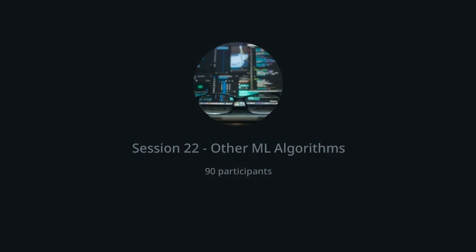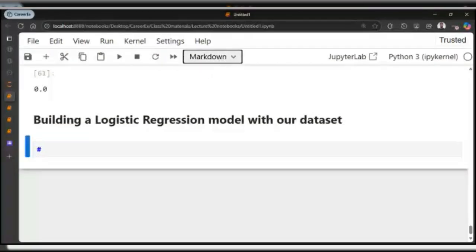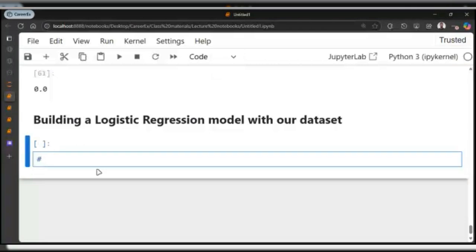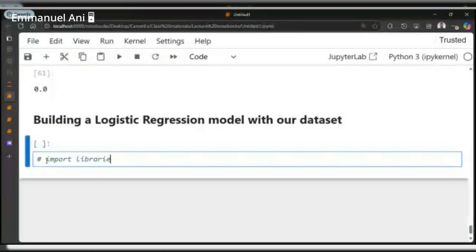Okay, so what is the first step here? Import your data, right? No, the first step here actually is to import your libraries. So you come here, import libraries.